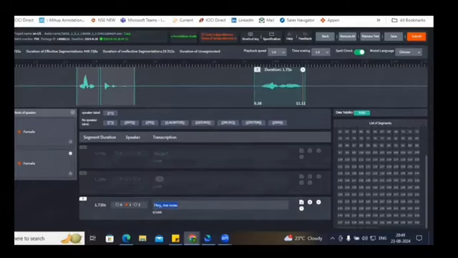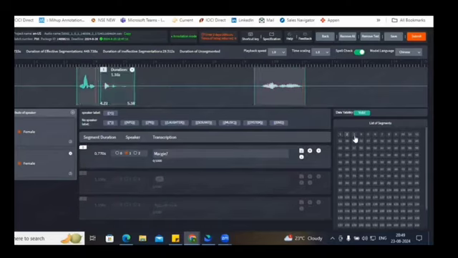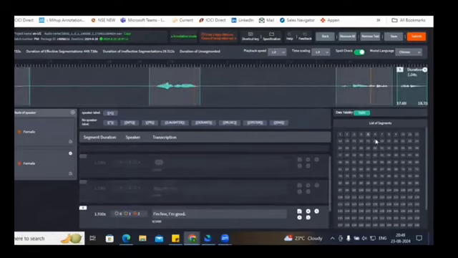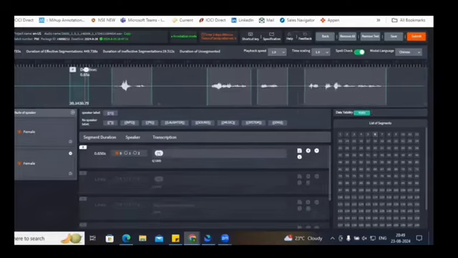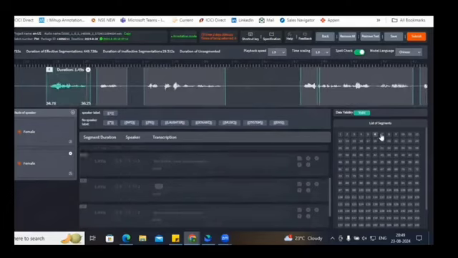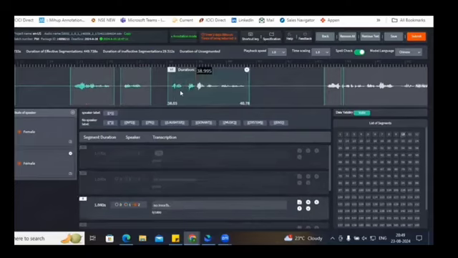Okay, and here there are all those audios, like audio number 1, audio number 2, audio number 3, audio number 4, audio number 5. So from here you can switch your audios. There are different ways. You can also switch your audios by this process. You can click it manually, or you can click it from here as well. Every time you click on any of the audios, that audio will get played.